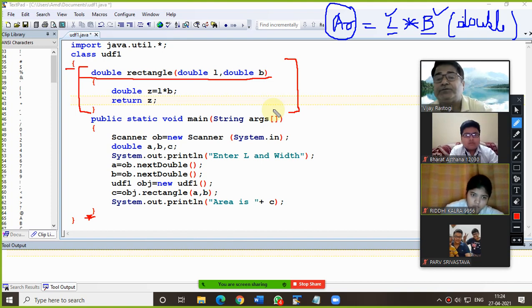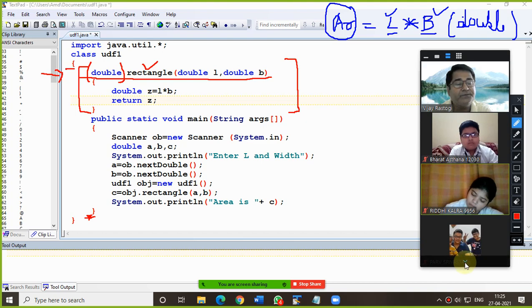So after declaring the function prototype, first of all, we write the function return type, then the function name, then the parameters. The parameters totally depend on the question. In the question, it was the area of a rectangle, so only two variables are supposed to be taken as input.